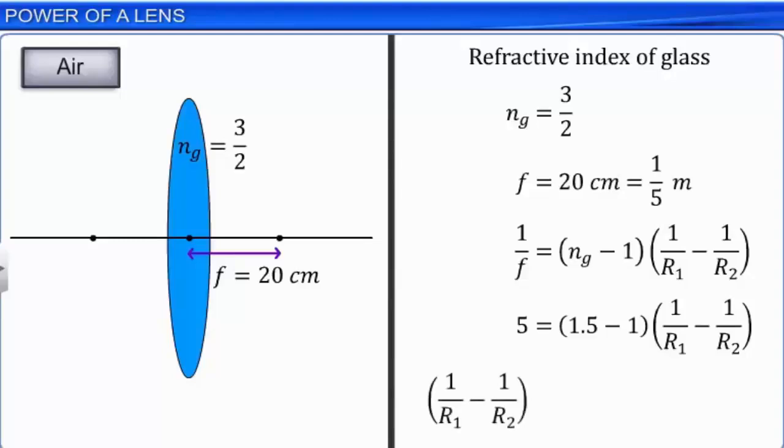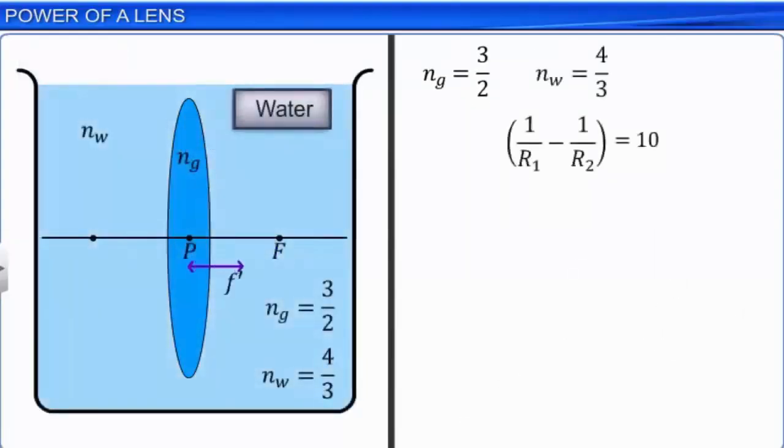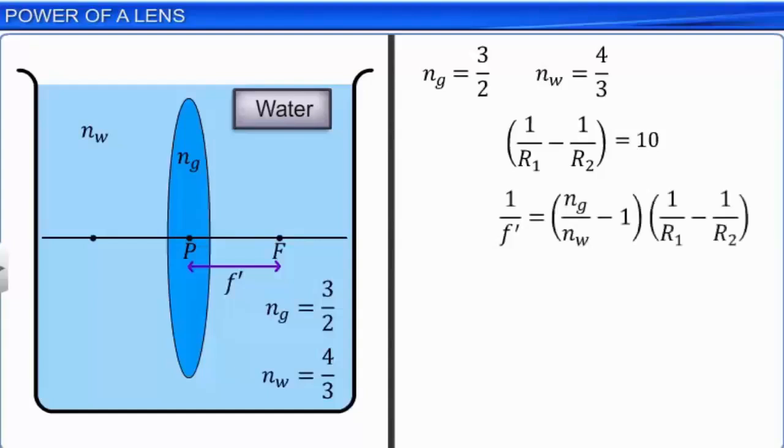On substituting the above values and on further simplification, we get 1/f dash is equal to 1.25 per meter. That means the power of the lens in water is equal to 1.25 dioptre. Therefore, the optical power of the given lens in air is 5 dioptre, and when placed in water, it is